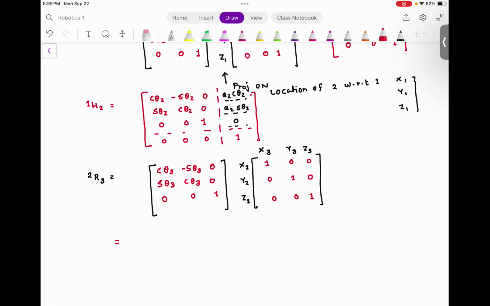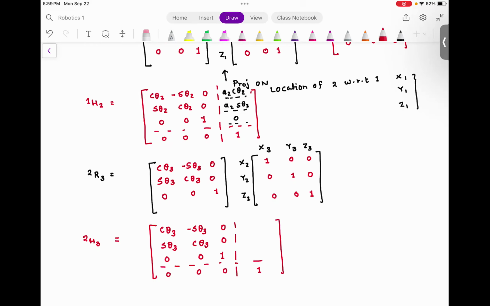Now, when you multiply any matrix by the identity matrix, you get the same matrix. So 2H3 is cosine theta 3, minus sine theta 3, 0, sine theta 3, cosine theta 3, 0, 0, 0, 1, and the last part is 0, 0, 0. You have 1 here,